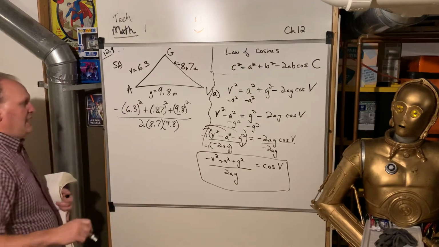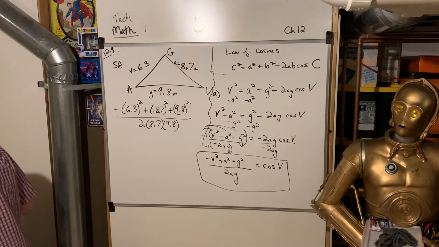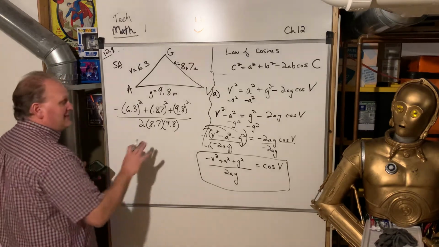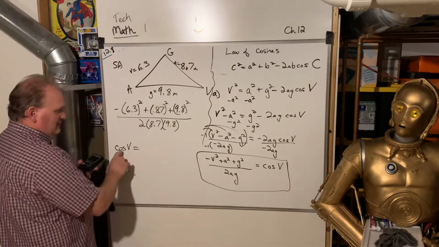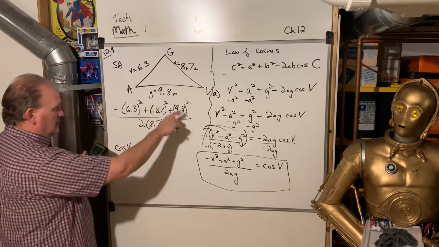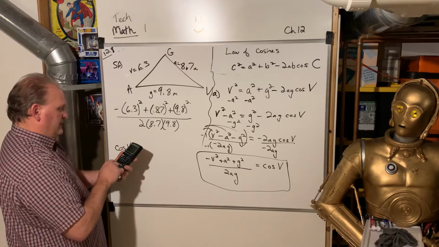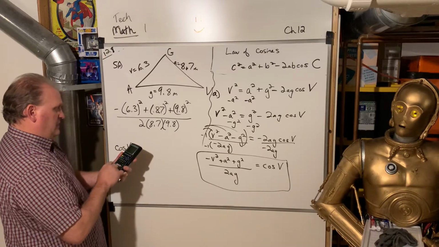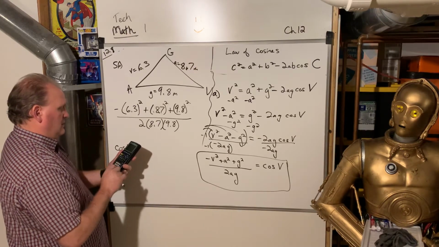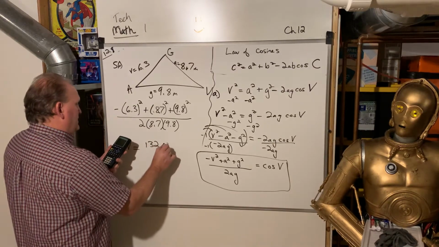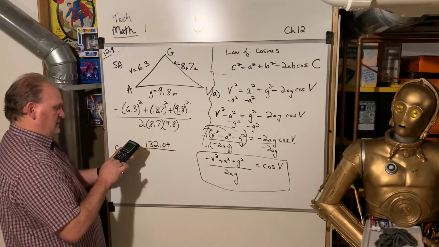And so when you put that into your calculator, here, we can do it. We'll do the top first and then the bottom. This is a complicated problem. This is equal to the cosine of V. So even when we find this decimal, we're not done. We then have to take the arc cosine of it. So we're going to go 8.7 squared plus 9.8 squared minus 6.3 squared. So that's 132.04 on the top. On the bottom, 2 times 8.7 times 9.8